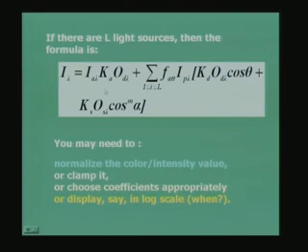So, if you have 1.1, always clamp it. I do not mean throw out the value totally, just clamp it at the value 1. Any value which you get more than 1, clamp it to 1, or choose the coefficients appropriately. That means you have to choose all these I a lambda, K a, O d lambda, I p lambda, K d, K s, and all these object phase, color and reflection coefficients in such a manner that with L light sources, L being a number more than 1, 2, 3, 4 or 5,